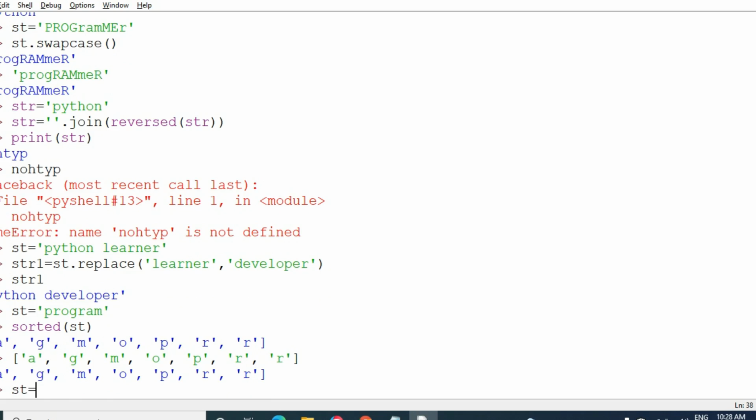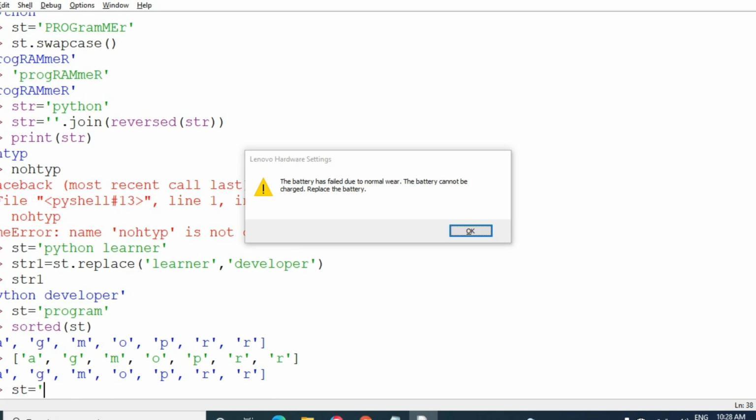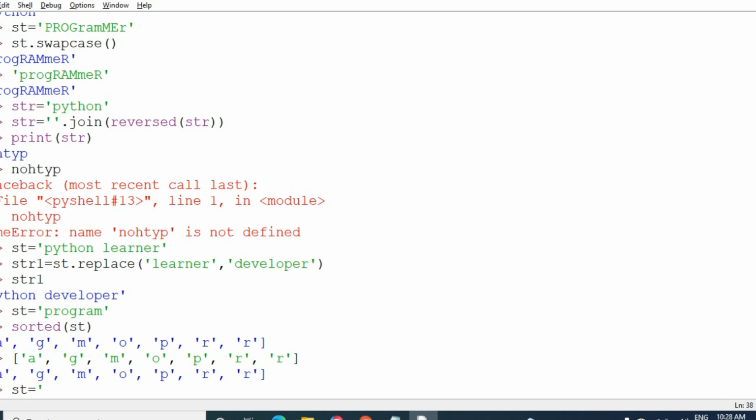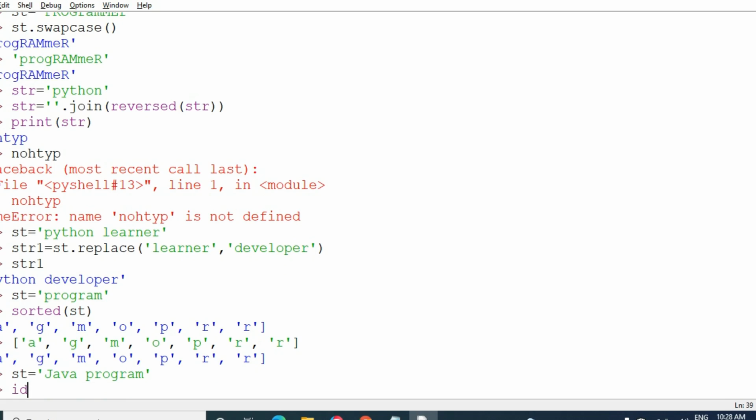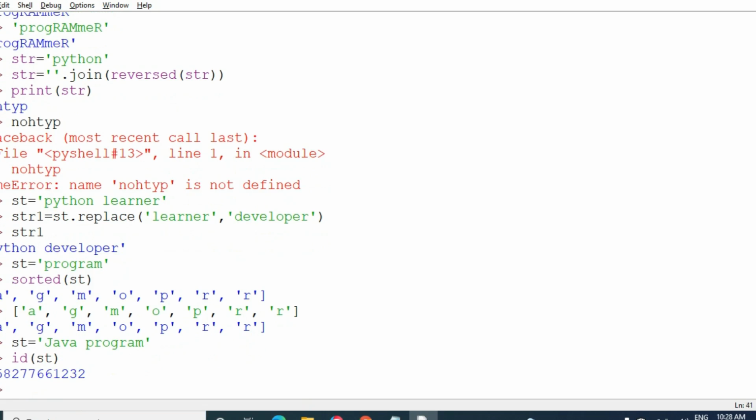I am taking the string as Python, otherwise Java program. ID of st gives the location where the given string is located.